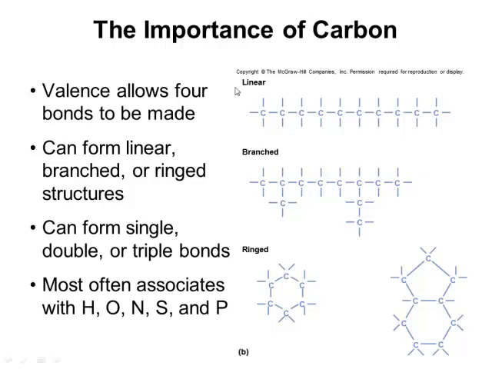And so this is the various combinations you can have of these carbons, carbon being at the center, and then you have hydrogens and oxygens and nitrogen and phosphorus and sulfur all off of these branches and off of these lines. So most can form a single, double, or triple bond, and they often associate with hydrogen, oxygen, nitrogen, sulfur, and phosphorus. So this is the big reason why carbon is important, is because it has 4 electrons